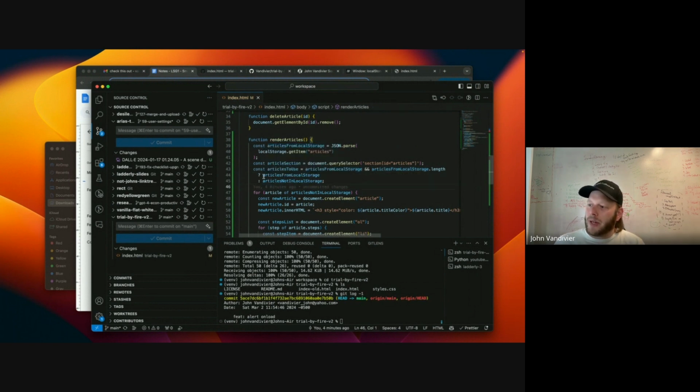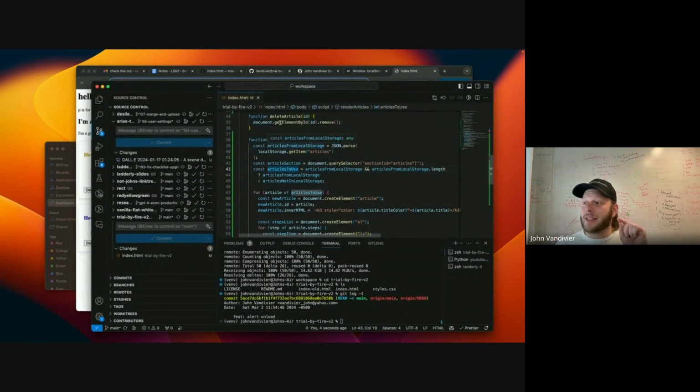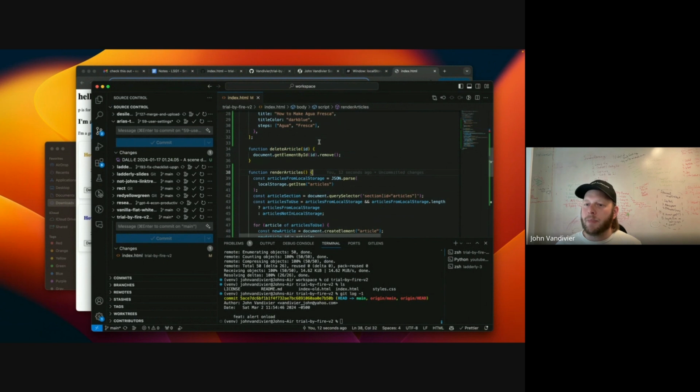So basically the way the ternary works is if it's true, it gives you the first thing. If it's false, it gives you the second thing. It's just a very short if-else condition. And so that's how we're still getting articles not in local storage here. So I'll make a commit, and then the last thing we'll do is when I delete, I'm going to save to local storage, and we'll see that the delete is semi-permanent, until I go clear my local storage, basically.